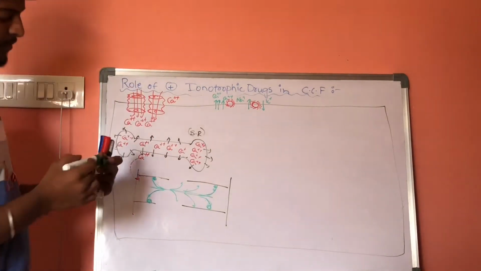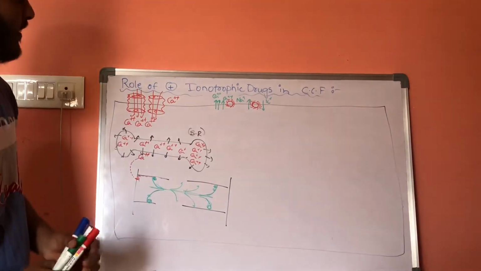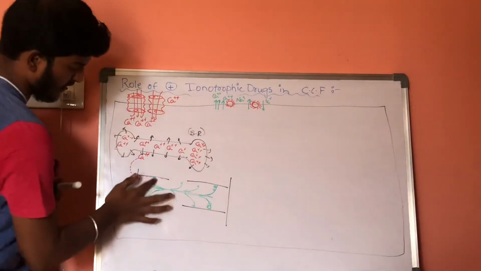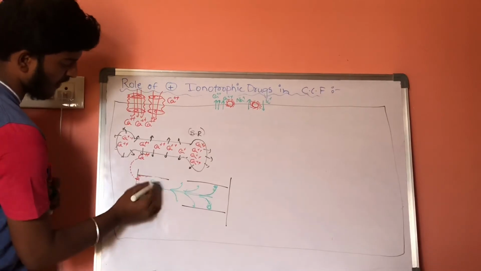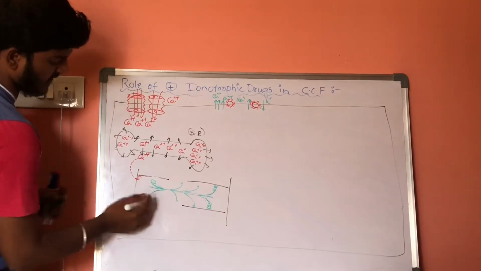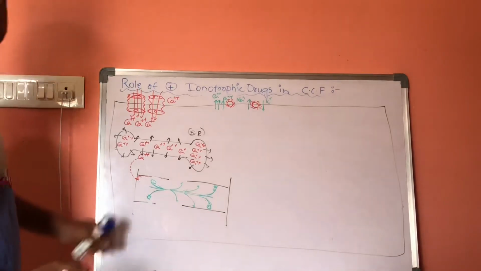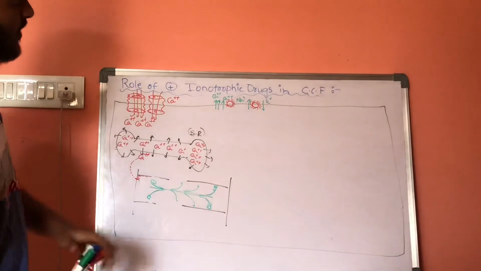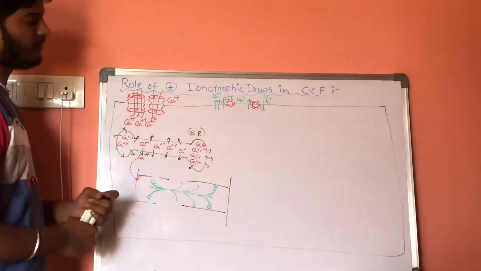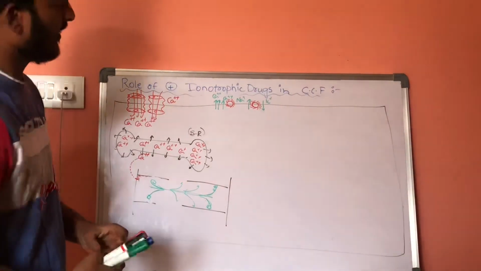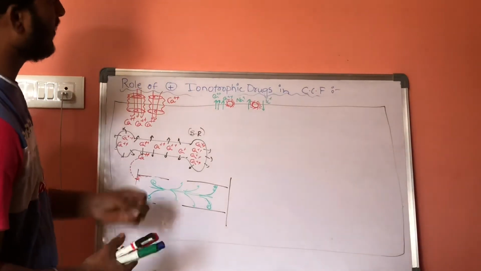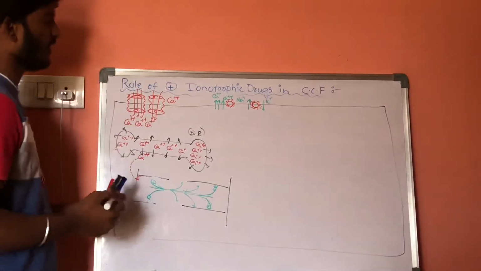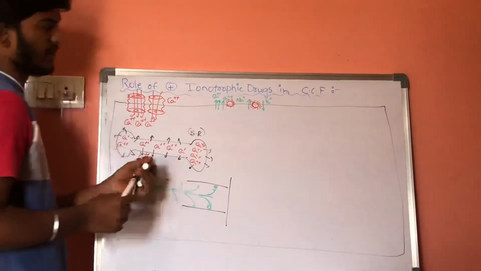After the calcium moves outside, there will be detachment of these heavy chains from these light chains, and ultimately there will be relaxation. In this way there will be contraction and relaxation in the muscles of the heart. First, let us discuss how digitalis will work.